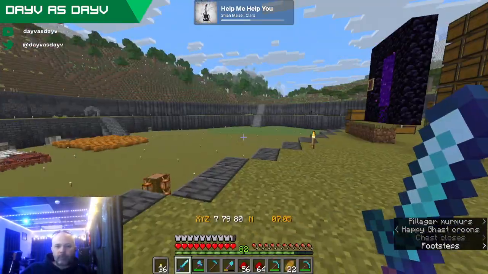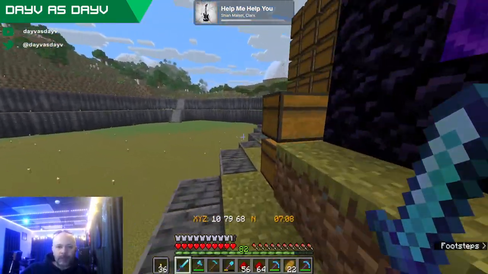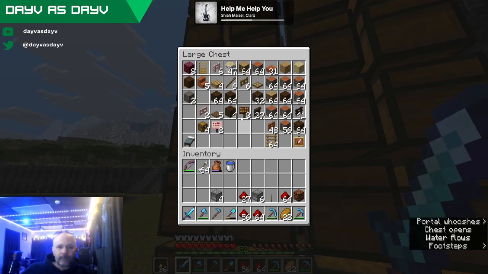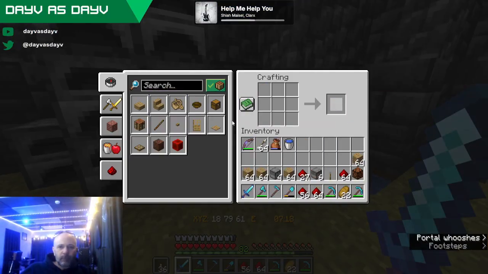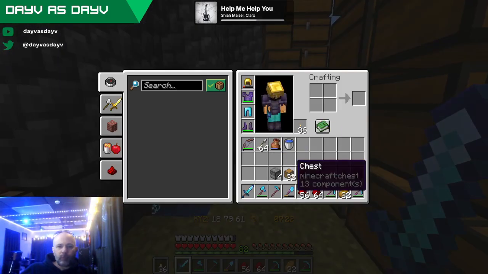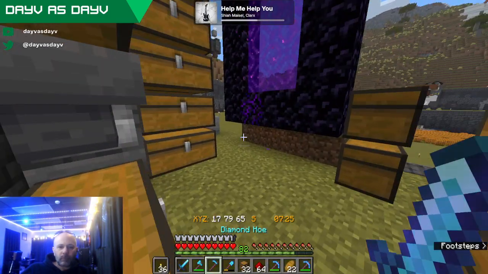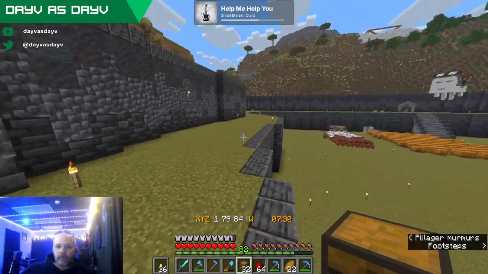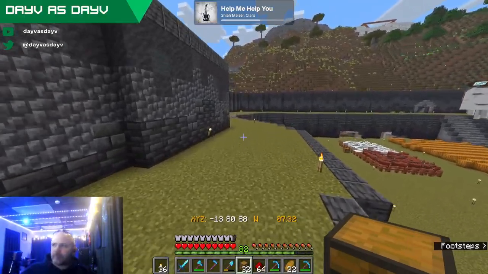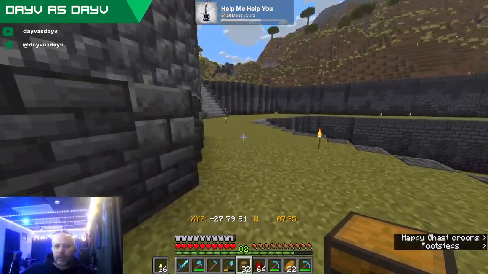And make some chests and take this supplies over here. We'll just do all that. Why not? And chest is there. So we're slowly going to check our list off.